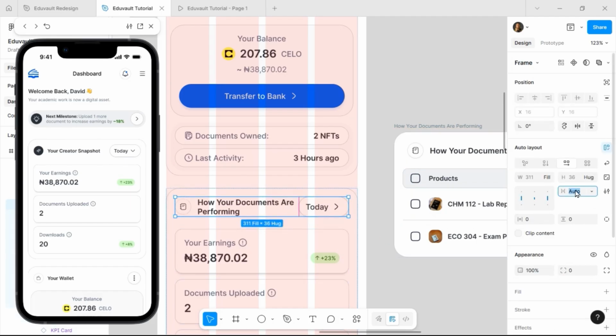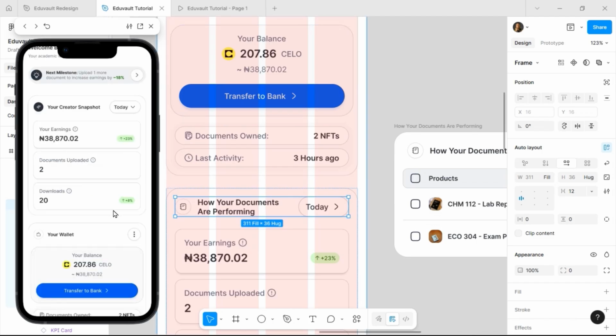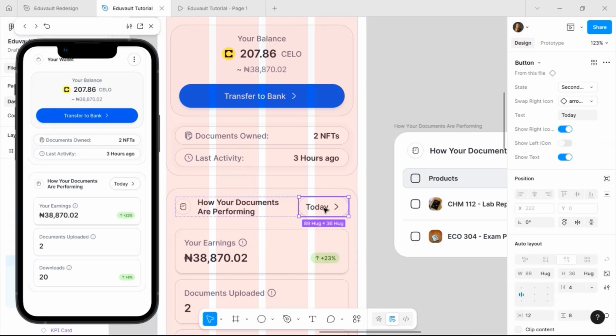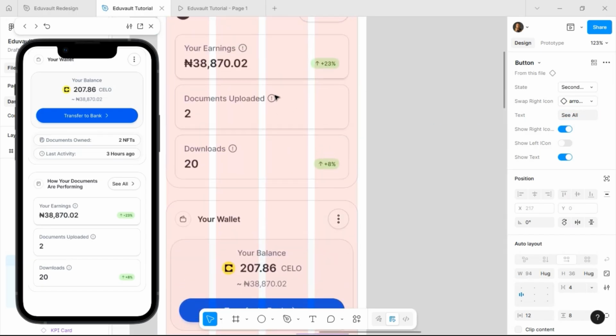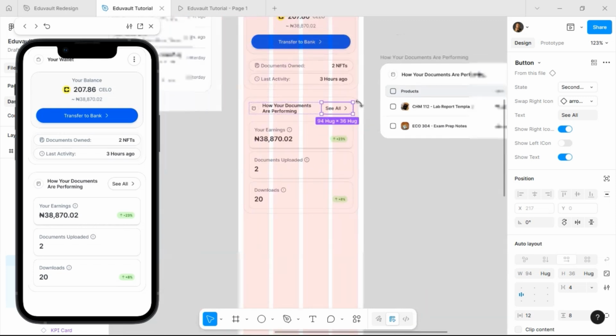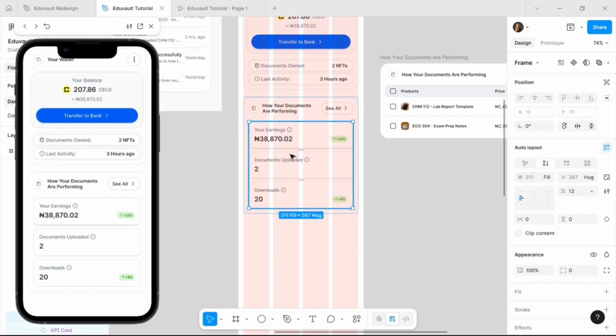And the gap is not going to be auto. We're going to make it like 12 and see how that looks. Let's see how that looks, please. All right, I think this is not bad. So we're going to use this, although we're going to change this to see all, not today, because that was for a different one. We duplicated this section so that we can use it to recreate the table section. So now that we've gotten this, the next thing to do now is to create